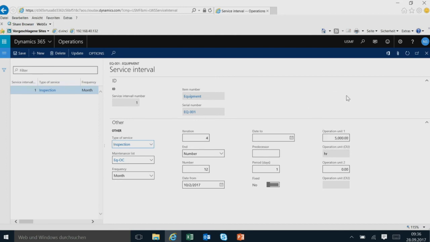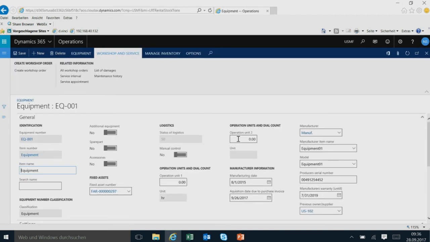And ideally, how is this driven? You have, once again, an integration with the equipment, because then this is the equipment information. As you can see in the standard, there are per equipment 2 meters available. And if you have the integration, this counts up automatically.